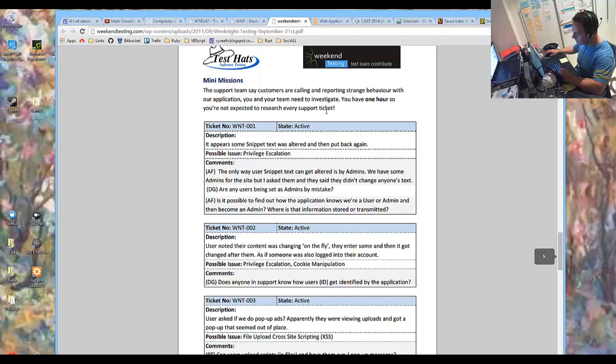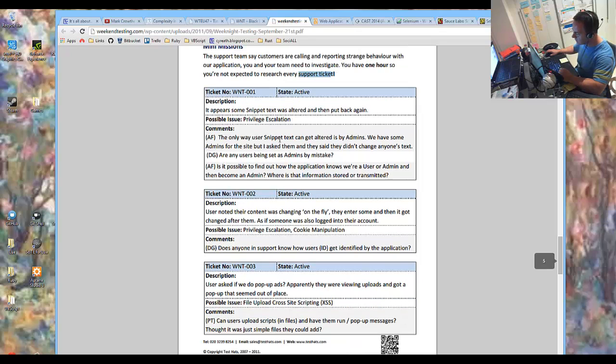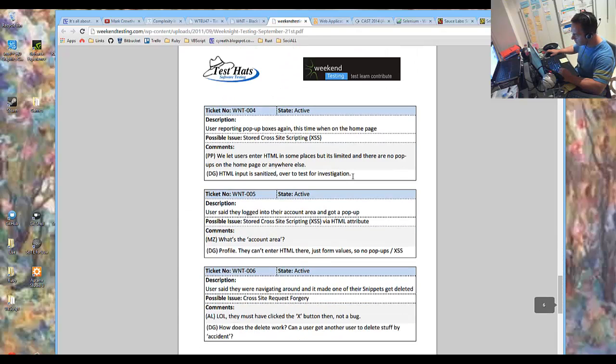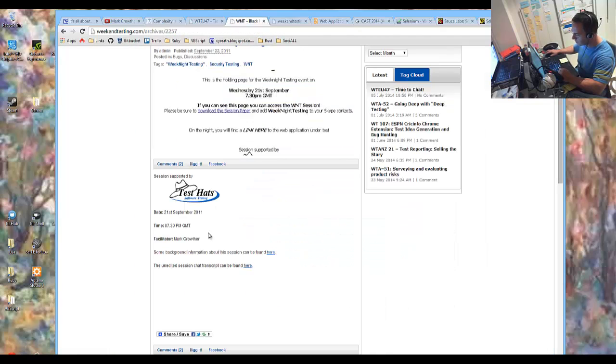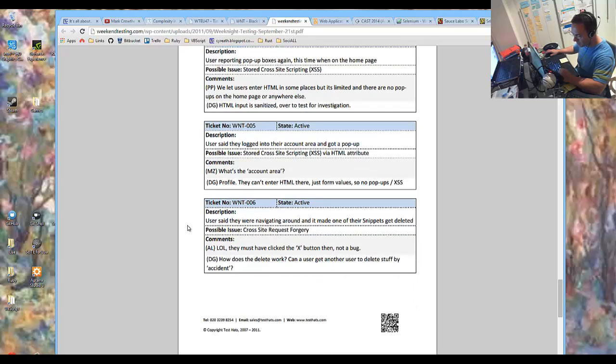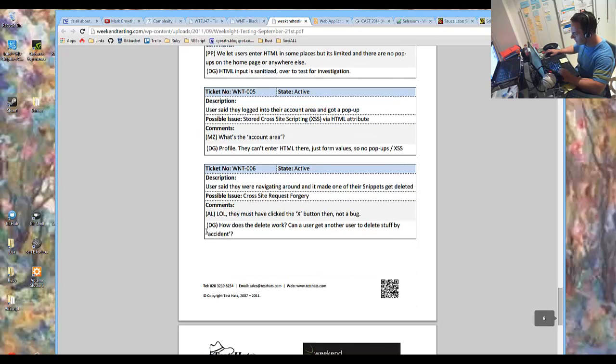But what we created here was some fake support tickets that give a little indication of the kind of problems that you might be able to find. So certainly, if you want to have a look at this for yourself, you can hit Gruyere, but you can use this PDF file, again linked from the Weeknight Testing website. And in fact, yes, you can get a copy of the transcript where you will read that the application crashes. Didn't expect so many people to attend, so they broke it very quickly. So you can go through these tickets and try and work out what you think is happening here.